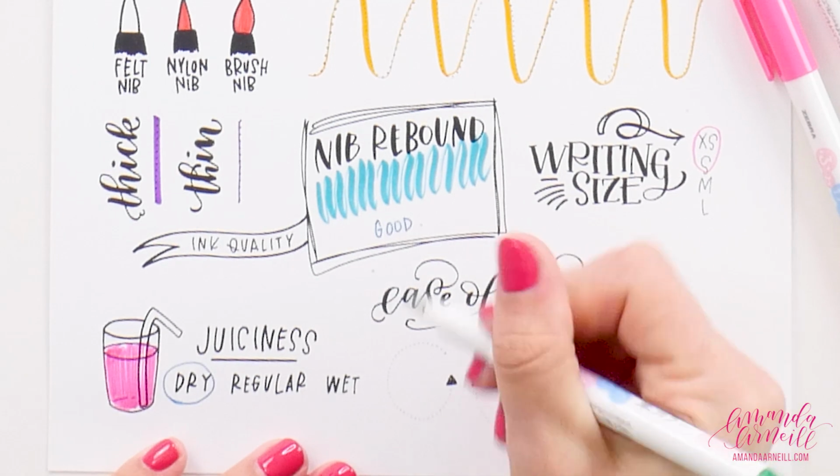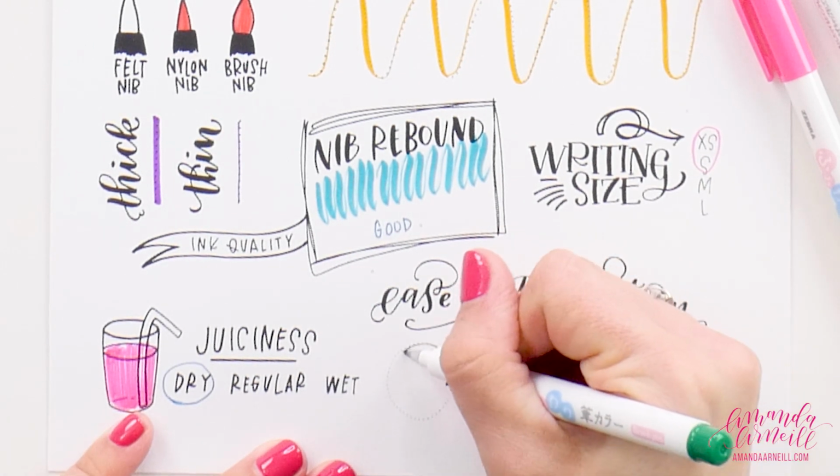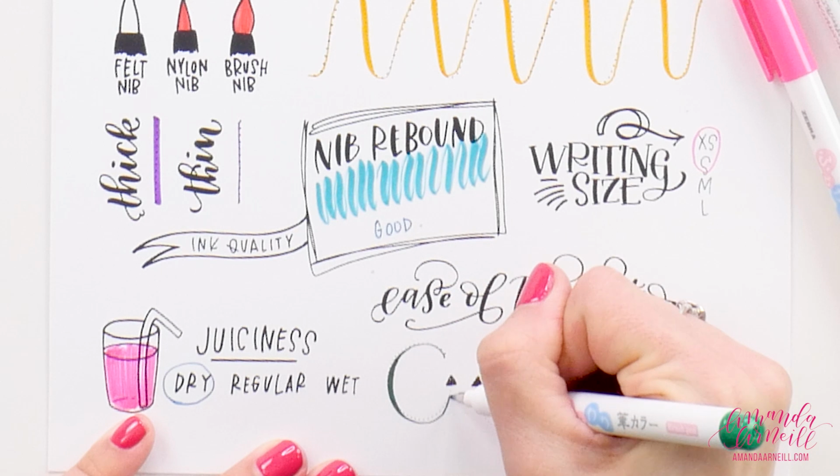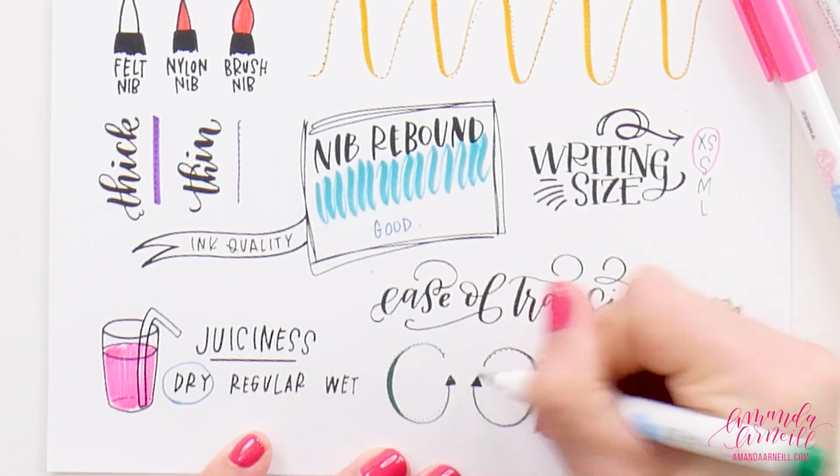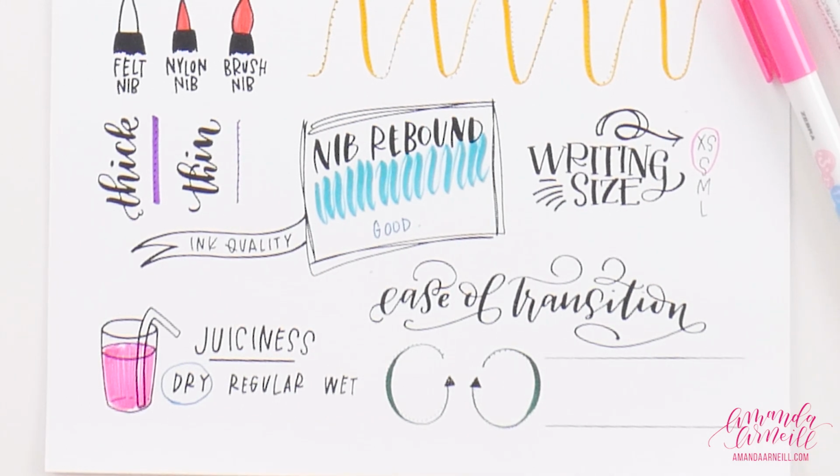Let's look at our ease of transition. So from an upstroke to a downstroke and then back to an upstroke. And on this side, going the other direction, back to an upstroke. That transition is